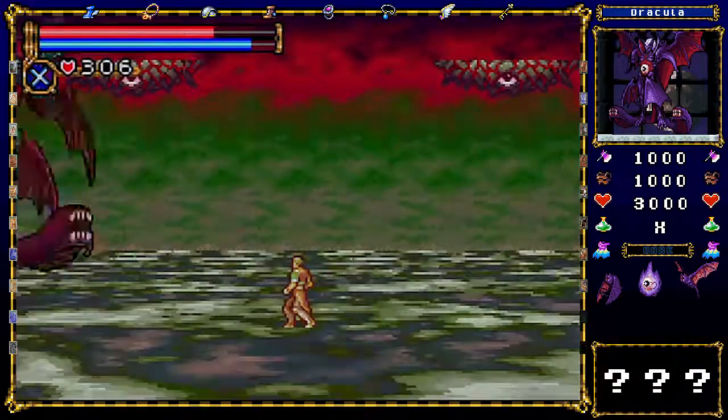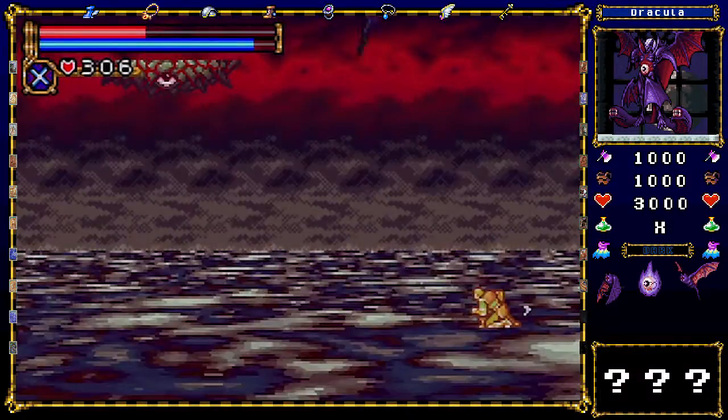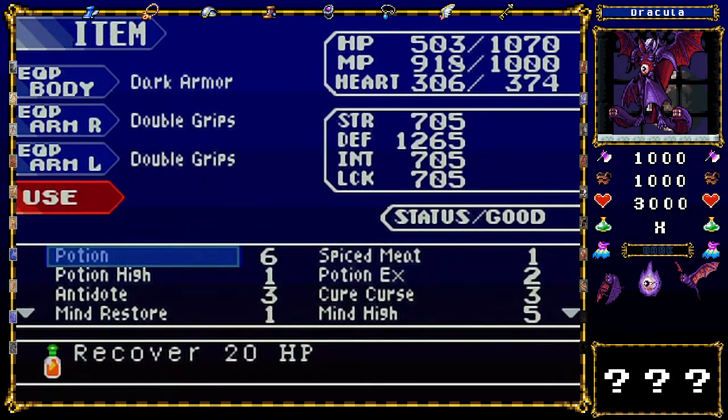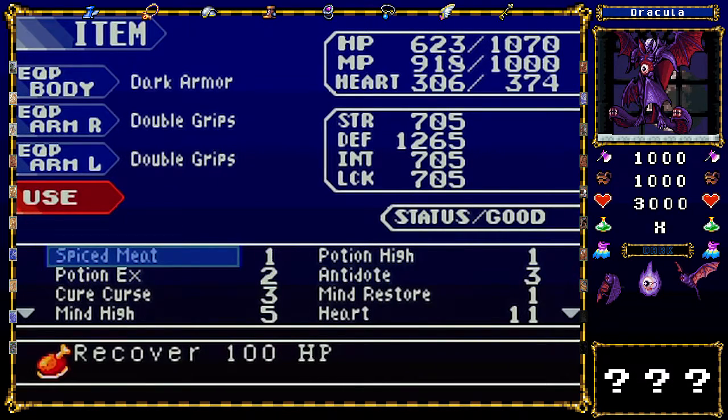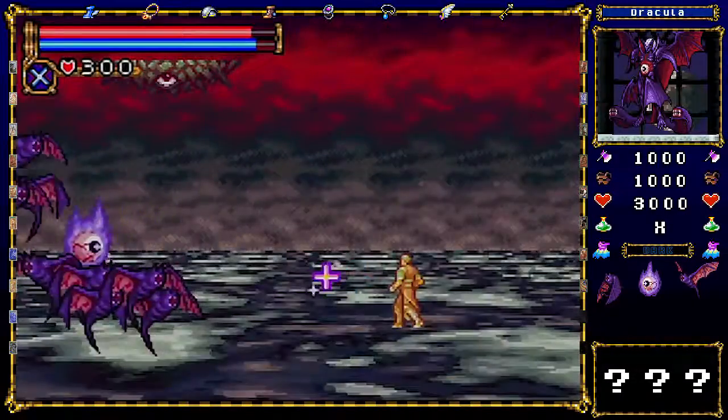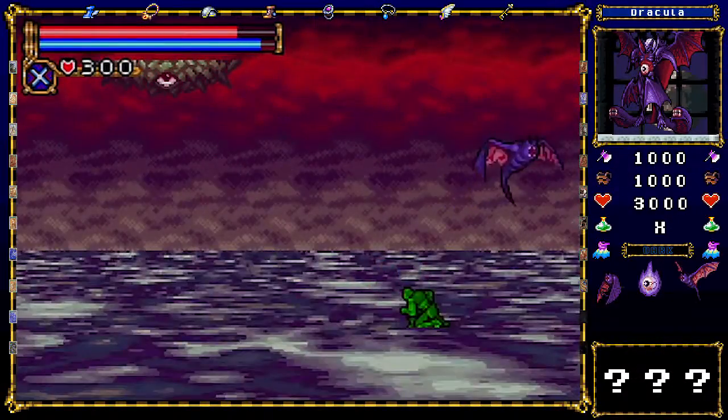Man, I might not even need any of the healing stuff. Oh my god, you see how freaking powerful that is. I'm going to heal, but not fully at this point. Just going to drink everything that's not a potion EX that I have. That's me basically healed anyway. Still got 2 potion EXs. Should be fine. Now, you can use crosses on these as well, or you can use...